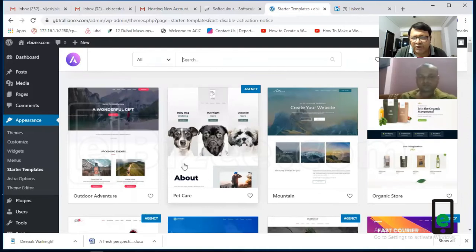Now Astra says, okay, you have chosen the page builder. Now choose the design of the house. Which design of house is good for you? You can choose any design, but the problem is that if you choose any house here, it will require some construction material, in the form of plugins or resources, which are paid. So we will choose a design of a house which does not require any paid plugins.